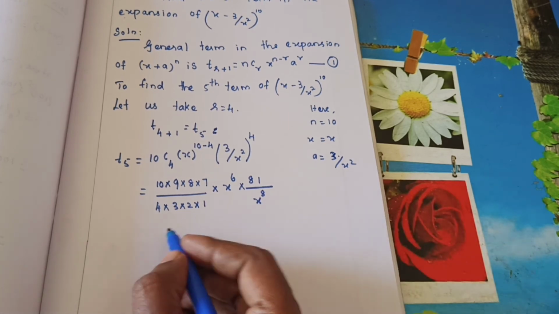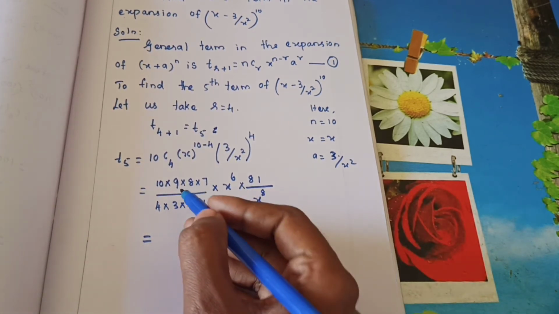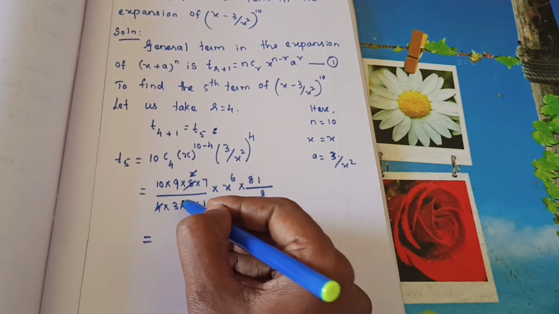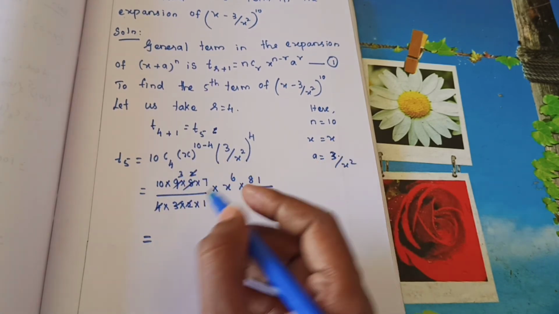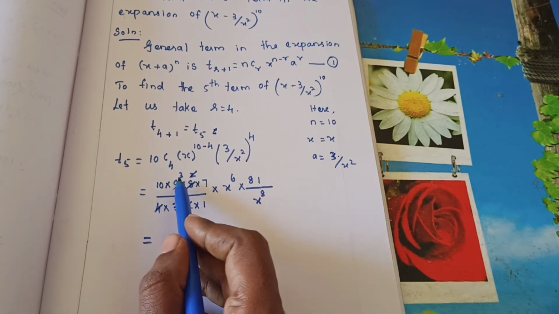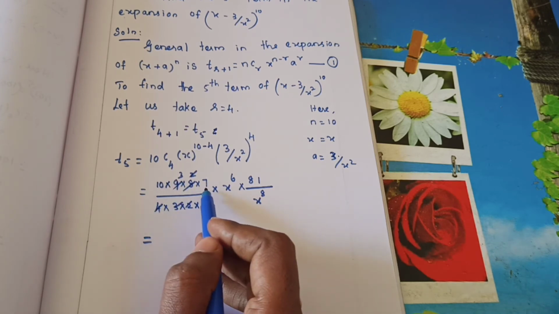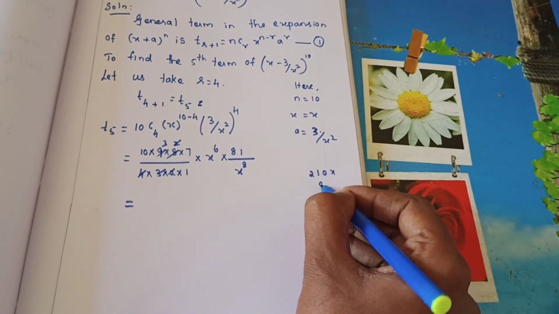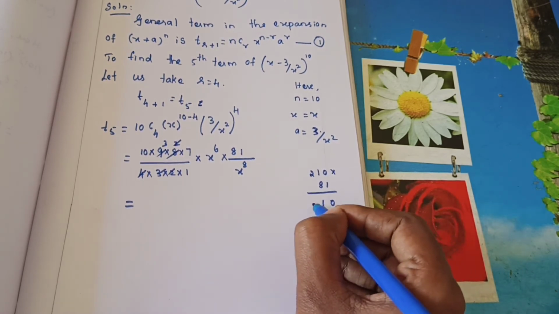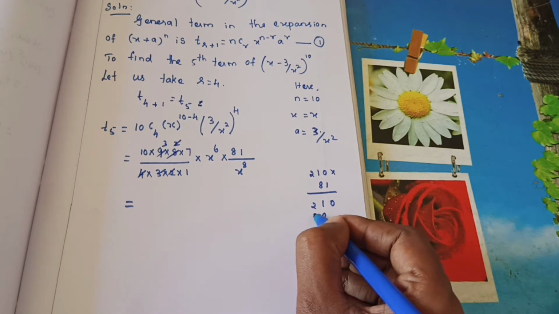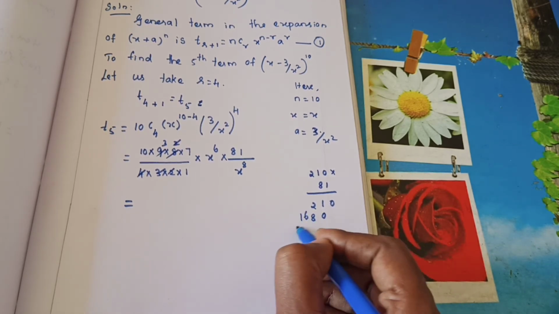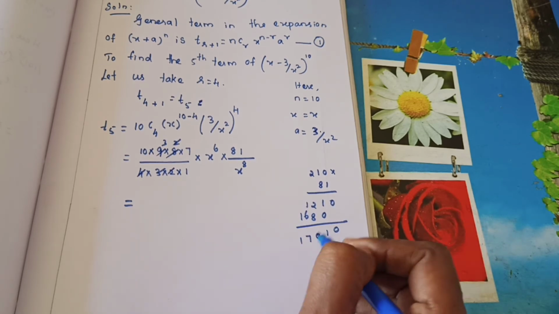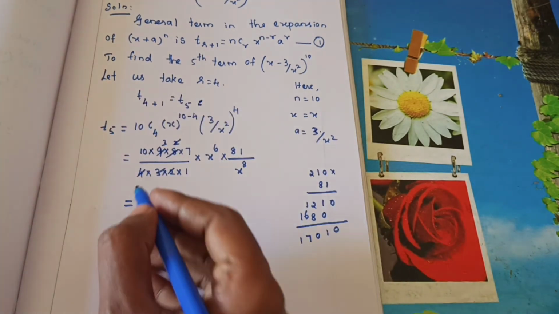That's equal to, simplify, 4 we can cancel. Here 2 and 2 get cancelled. This will get cancelled 3. So now multiply. 10 3s are 30. 30 into 7 is 210. 210 into 81. 0, 1, 2, again 0, 8, 16. So you will get 0, 1, 0, 1, 7, 1. So you will get the answer as